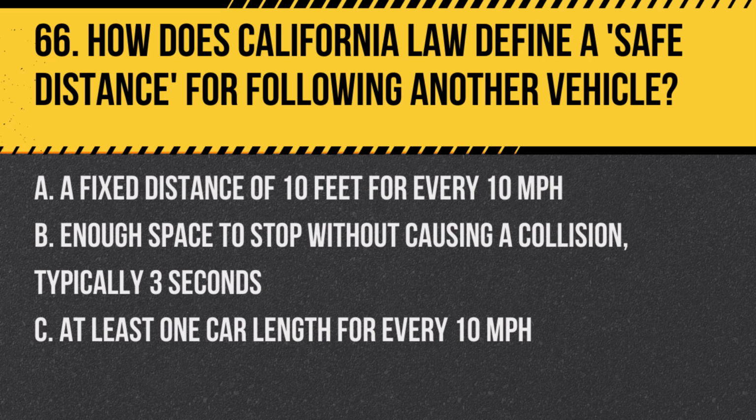A. A fixed distance of 10 feet for every 10 miles per hour. B. Enough space to stop without causing a collision, typically 3 seconds. C. At least one car length for every 10 miles per hour. Answer. B. Enough space to stop without causing a collision, typically 3 seconds. California law emphasizes maintaining a safe following distance, often described as a 3-second rule, to allow adequate time to stop